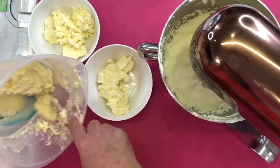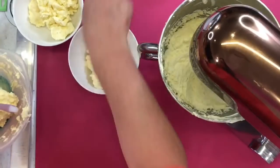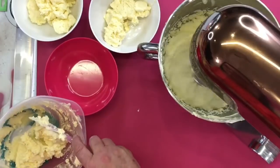That's absolutely fine. Now this one's quite cold. You can bring this back to room temperature, but we're just going to paddle it and colour it. I think it's going to go...